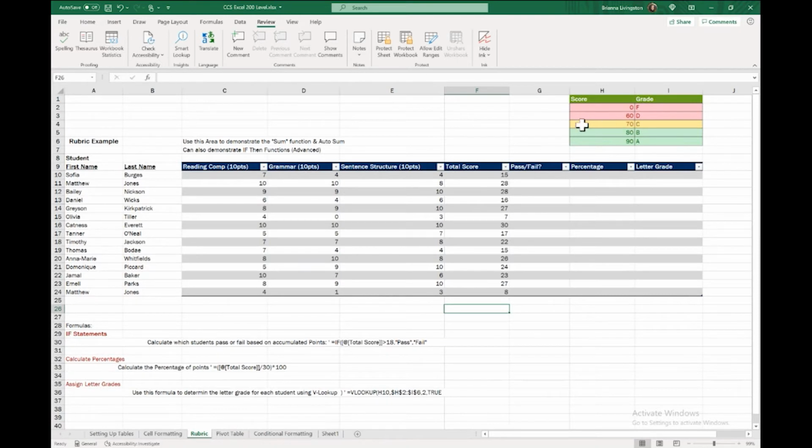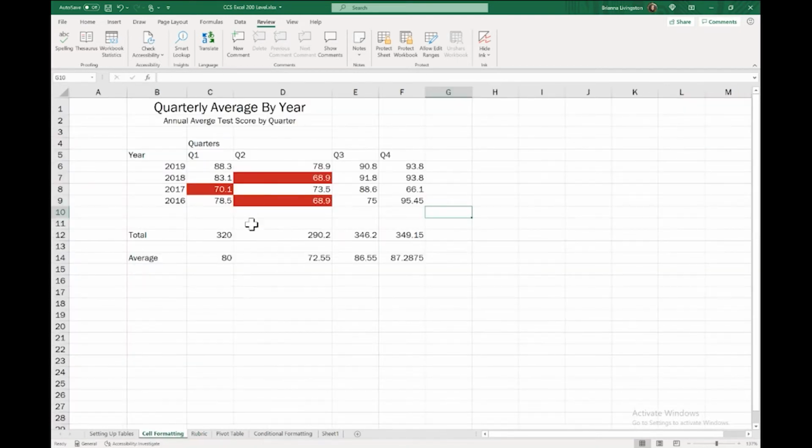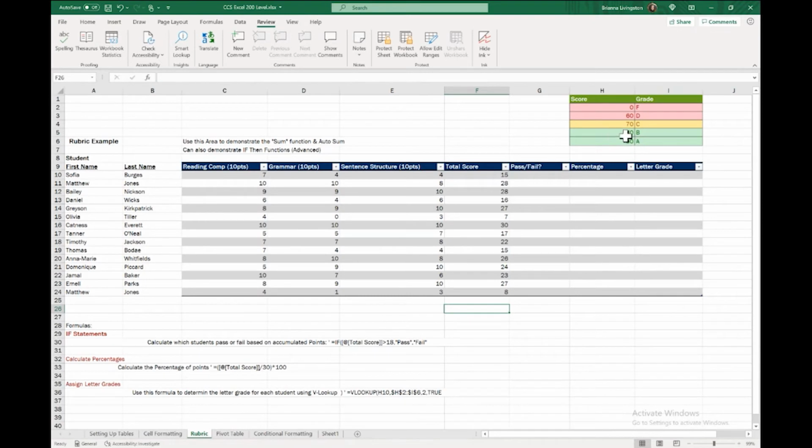little legend. This legend was made just like we did with conditional formatting. There are no formulas behind this table. All I did was put in the letter grades, color code them, and make them look nice. There's nothing fancy about this, but we're going to use it, and this is going to be a VLOOKUP formula, which is a little bit more complex to understand. It will probably be the most advanced thing that we do in here, so I try to really explain that particular formula thoroughly.